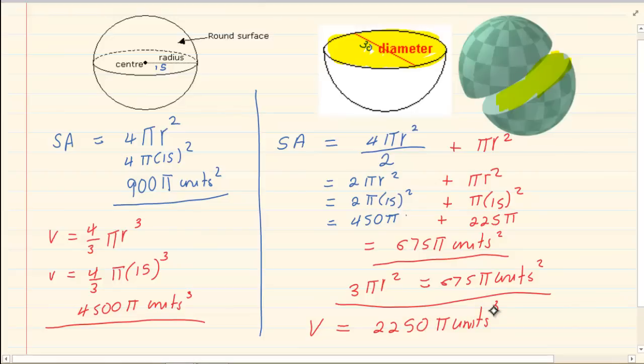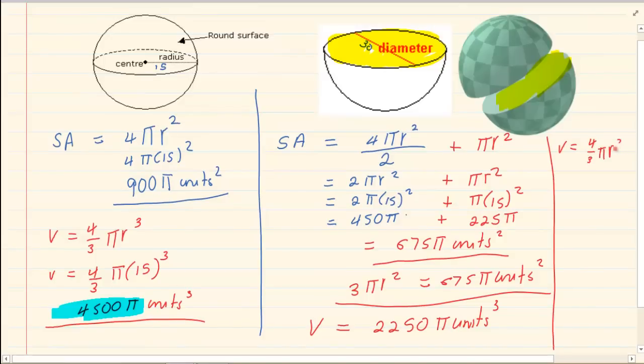All I did was I took this volume and then I divided it by 2. So what I did was I said the volume of a hemisphere is equal to the volume of a sphere, and I divided it by 2, which is going to equal